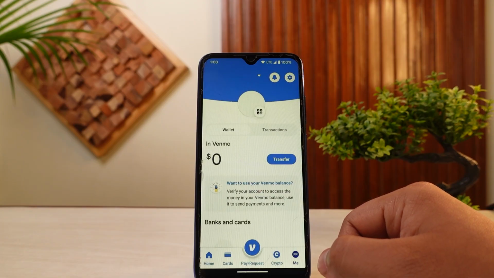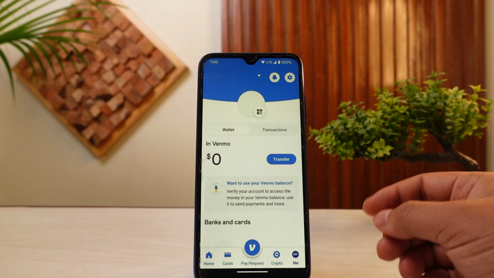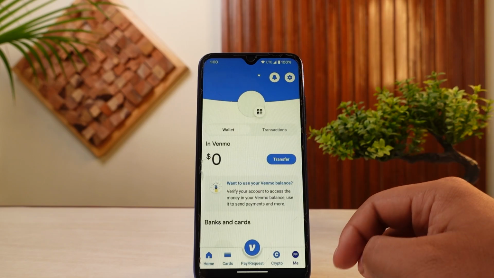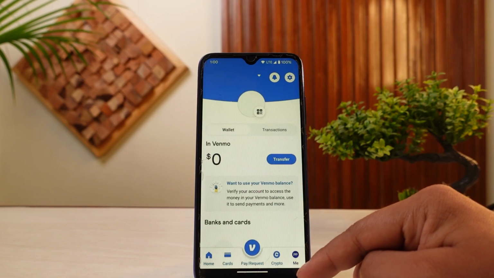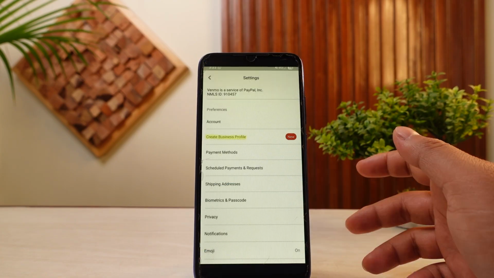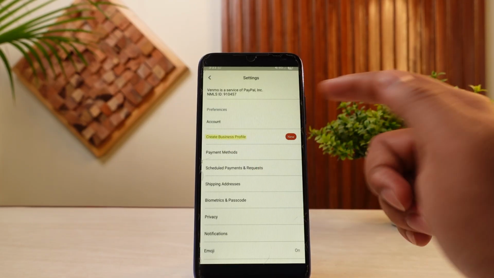Now, in order to use your business account within Venmo, you need to first of all create a separate business profile. So in order to do this, you simply need to head over to the Me section or your profile option on the bottom right of the application. Once you're inside of this section, you'll come across a similar option which lets you tap on the Create Business